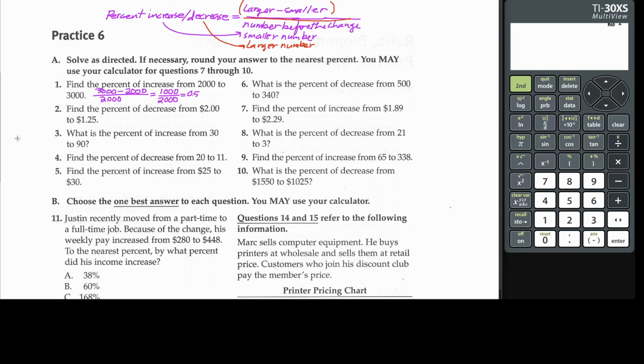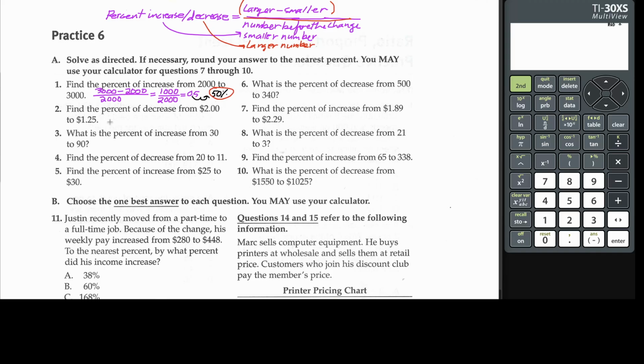0.5 is a decimal form. So to get to percent, we will need to move 1 spot, 2 spots, and your answer is going to be 50%. So 50% is the percent increase. It's increasing from 2,000 to 3,000. So the percent increase is 50%. Number 2, find the percent of decrease